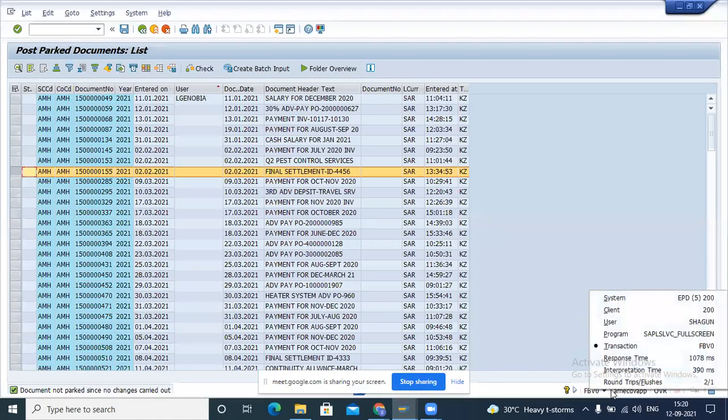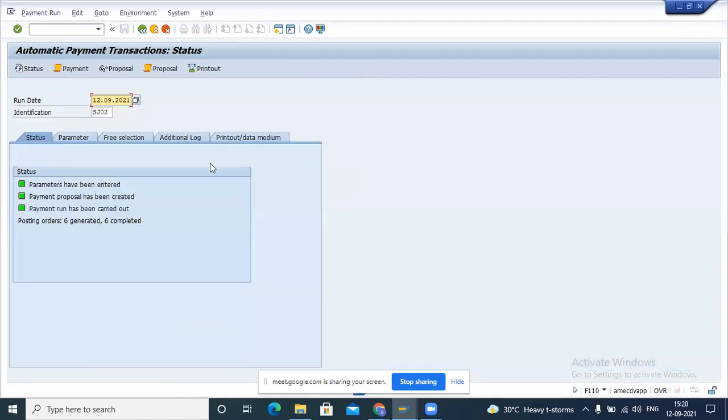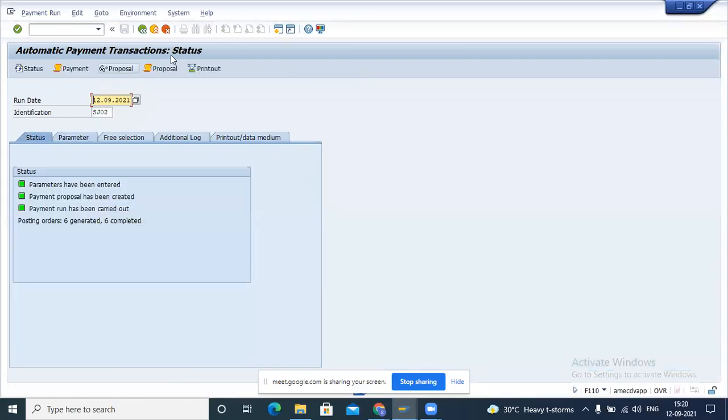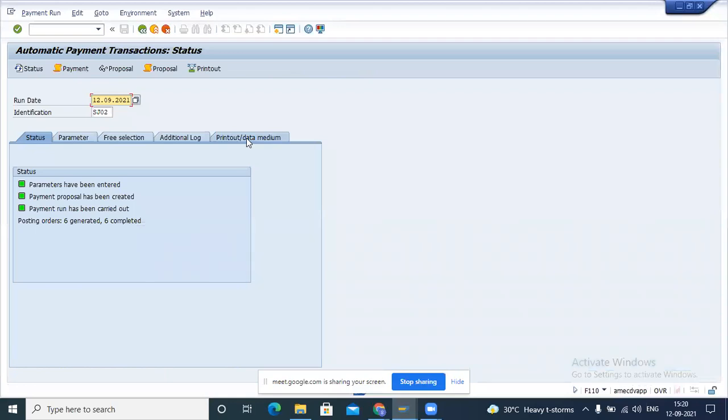If we are using this functionality, F110, automatically, as there are multiple invoices involved, I can use this, but this is after doing the payment, not for the payment proposal.